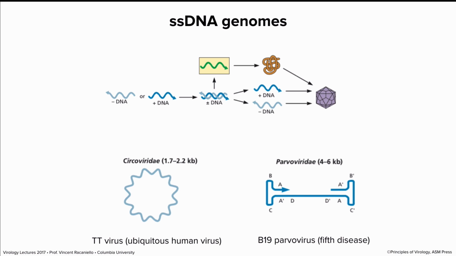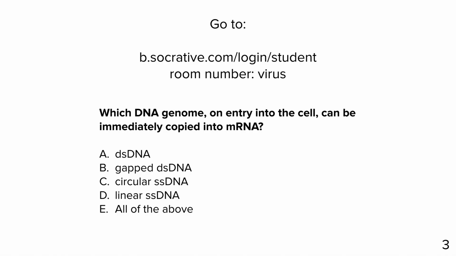The parvoviruses are linear, single-stranded DNA molecules. These cause human diseases as well as diseases of pets, dogs, and cats. These viruses can package either strand of DNA, the minus or the plus strand. Doesn't matter, either can initiate the infection. But of course, a single strand cannot be transcribed. So when these minus or plus DNAs enter the cell, the cell repairs them and makes them double-stranded. The double-stranded DNA then can be transcribed, giving rise to viral proteins. The genome will replicate to give rise to single strands, and either can be packaged. Some of the details of this replication we're going to talk about later. This is meant to be an overview for you.